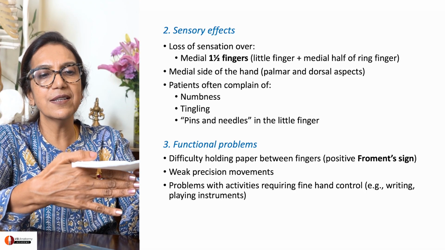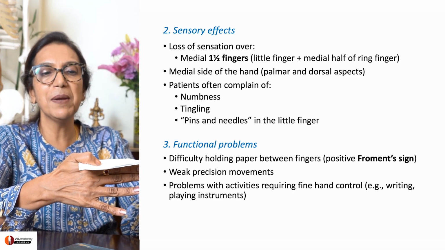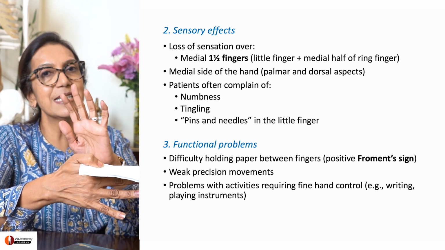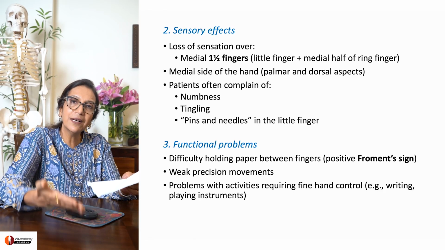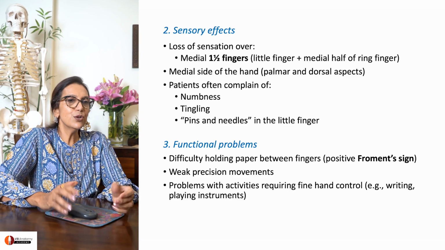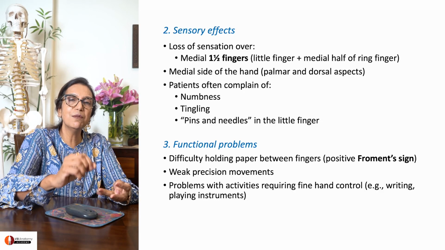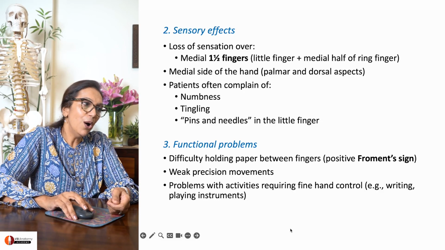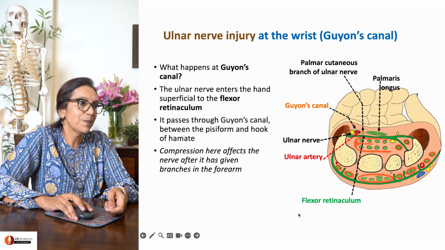So what the patient does is he brings his thenar muscles in place and he begins to grip the paper by flexing his pollux digit. This is Froment's sign positive. Okay. Why is he having to do this? Because his adductor pollicis is paralyzed. So patient's precision movements will become weak. His hand fine movements will become weak. He will find himself not having adequate hand control. All these are functional problems related to ulnar nerve paralysis.